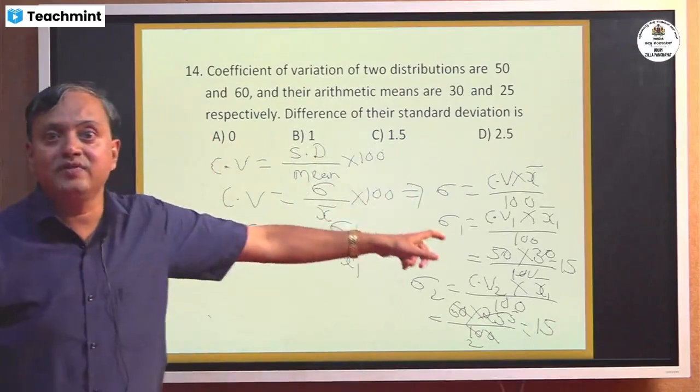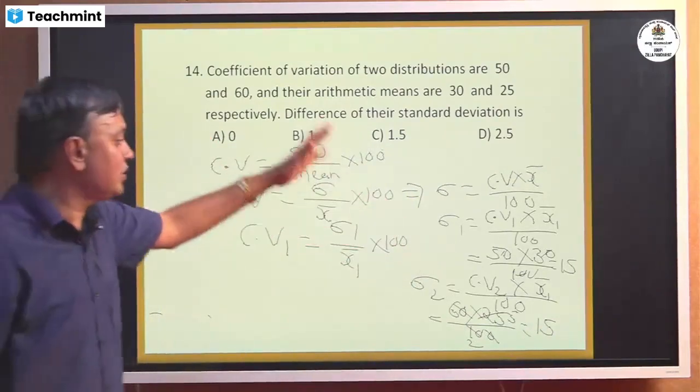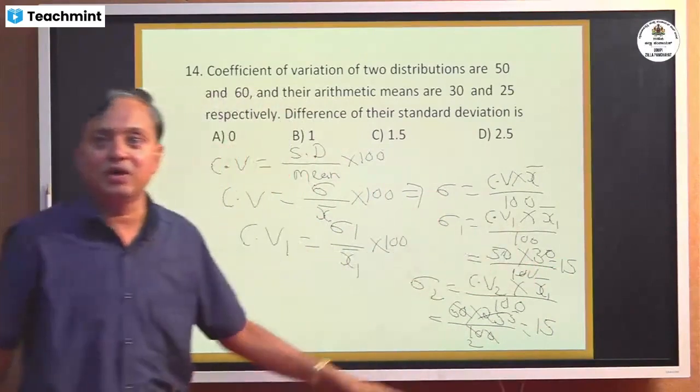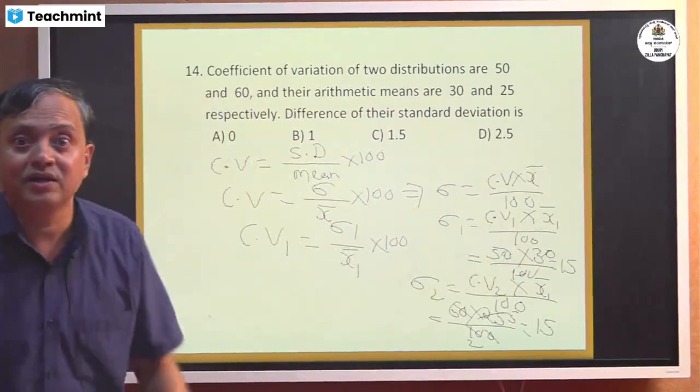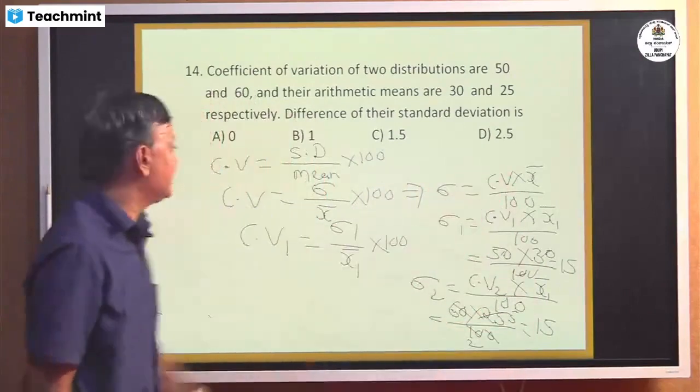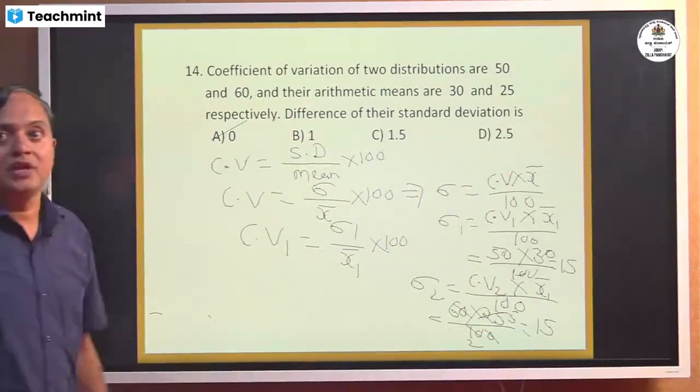So both distributions have the same standard deviation, sigma 1 is 15, sigma 2 is also 15, but here we want the difference of their standard deviations. So both are the same, their difference is 0. So next question,